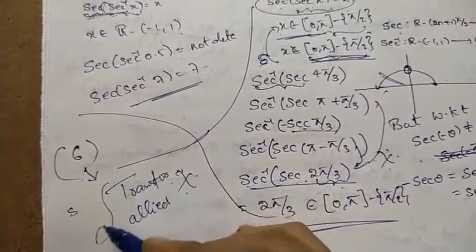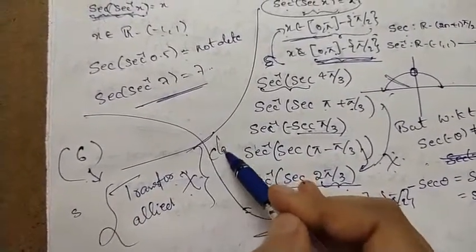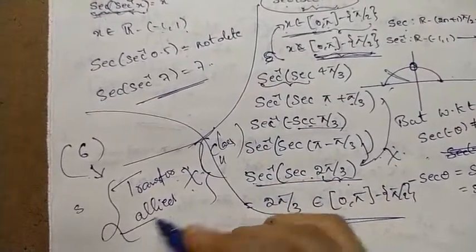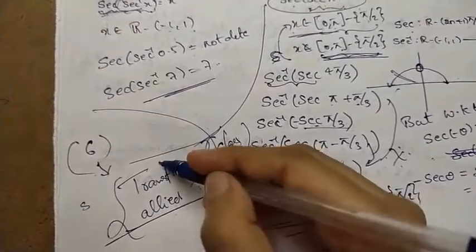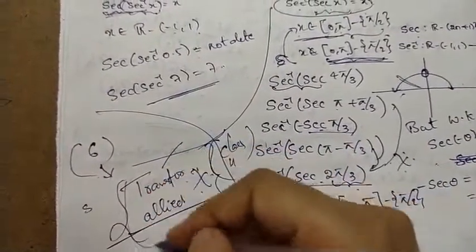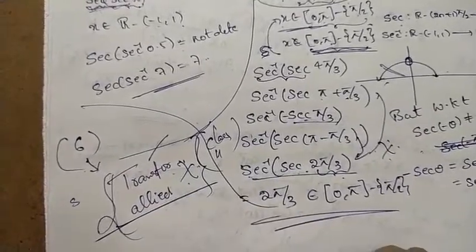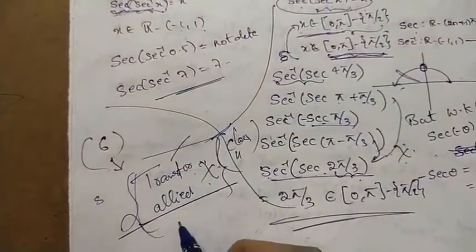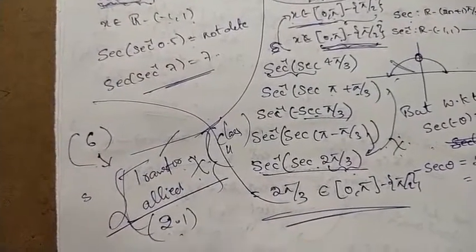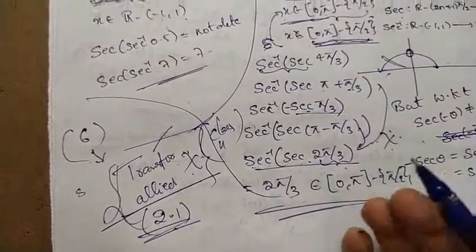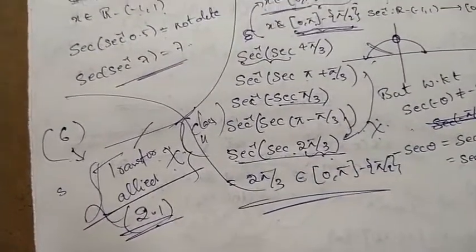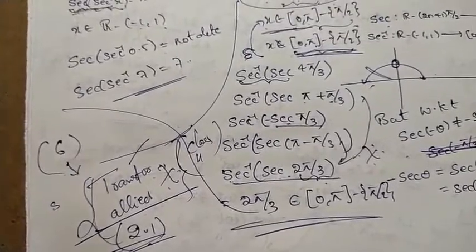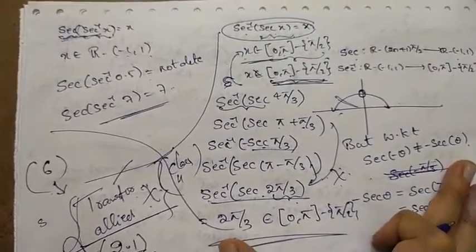All these things were already learnt in class 11th. So go through those concepts once again, and then you will be clear on these concepts. If you are clear with it, then these are the easiest things. So this is about the properties which are useful to solve exercise 2.1. After solving exercise 2.1, there are a few more properties of inverse trigonometric functions which we are going to study in detail in that section. So this is regarding today's concept.